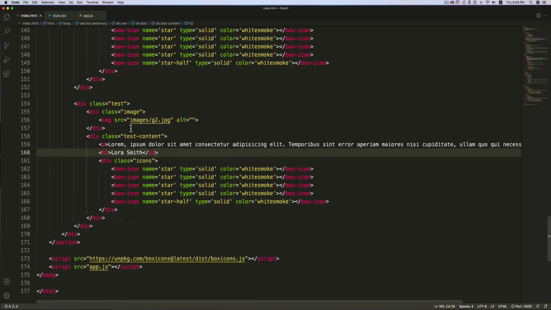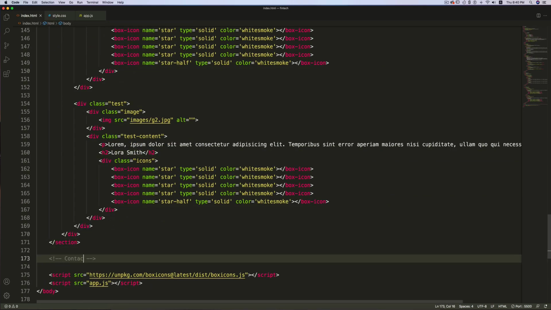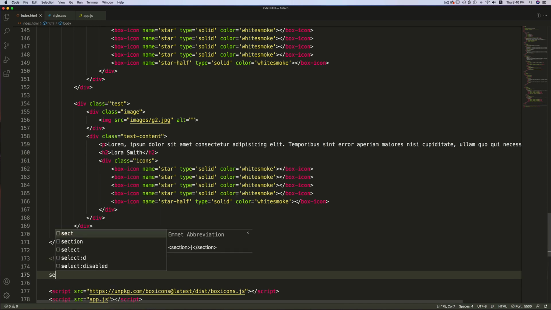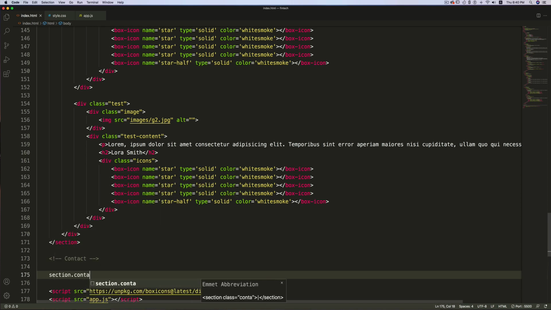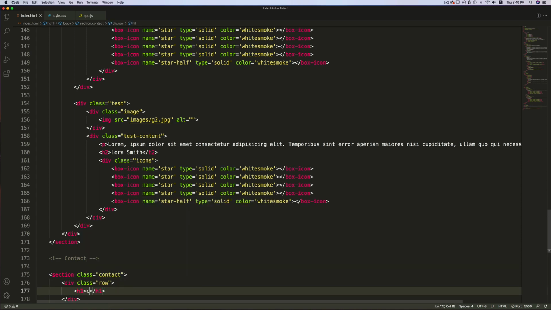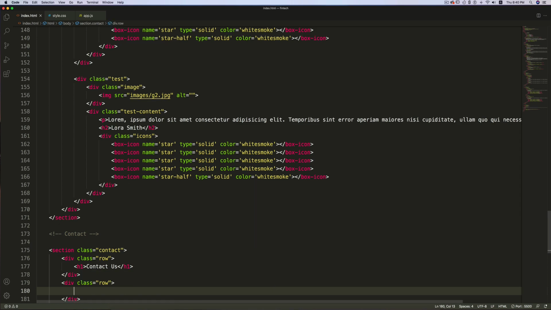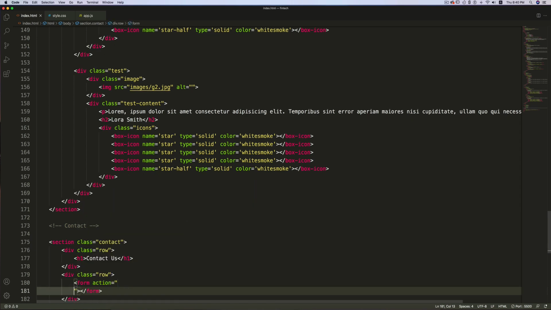Now in the index.html file, after this section, write contact. I'm going to create a section with the class contact. Inside this I'll have a row, then h1 contact us. After this row I'm going to create another row, and this will hold the form.